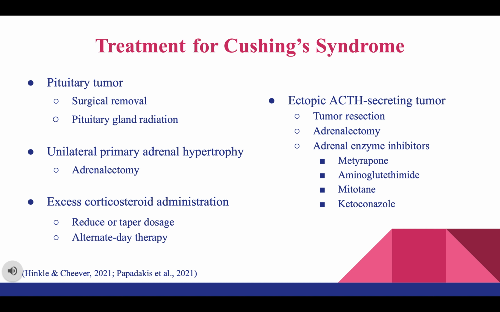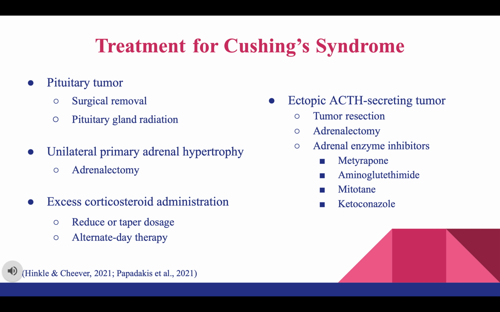Treatment for Cushing syndrome. When Cushing syndrome is caused by a pituitary tumor, the most effective treatment is surgical removal of the tumor. Symptoms of insufficiency may be experienced 12 to 48 hours after surgery, and the patient may have to have temporary hormone replacement therapy until the levels normalize. Radiation of the pituitary gland may also be successful, but it may take months for Cushing symptoms to subside.